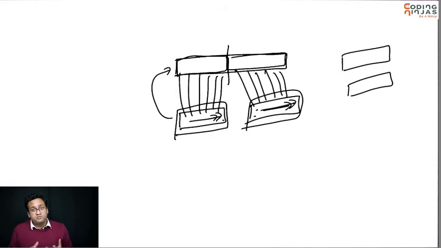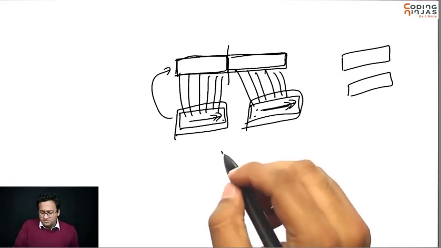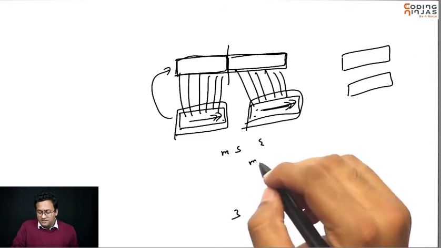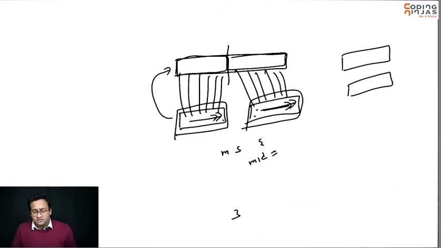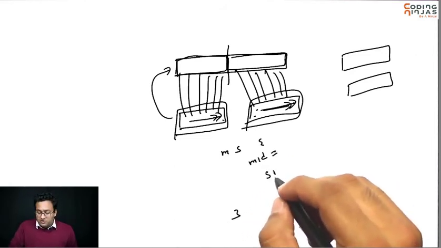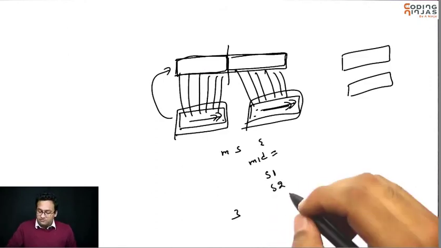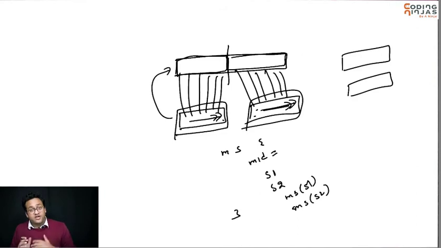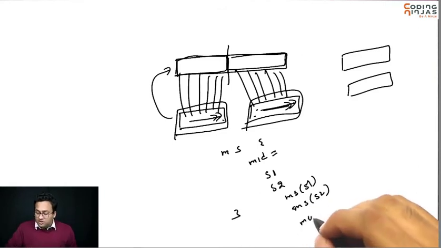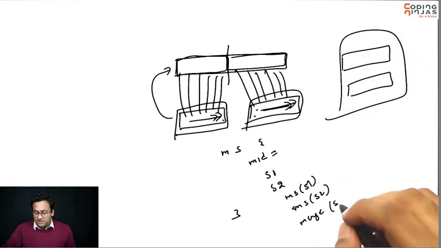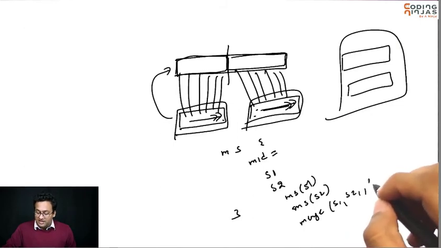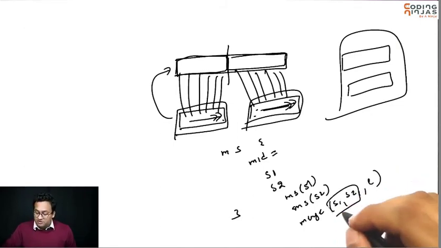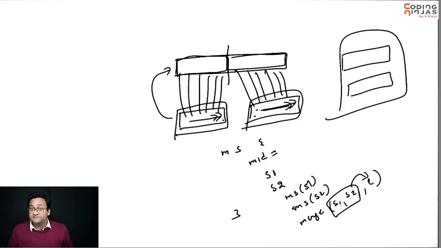Okay? So basically your code will look something like this. Merge sort, we'll find the mid, right? You need to find the mid, then you make a smaller one list, smaller two list. You call merge sort on smaller one, you call merge sort on smaller two. Now S1 and S2, both of them are sorted. Then you call this merge on S1, S2 and the original L that you had, so that both of these are merged into this original list that you had. Okay? So that way the original list is now sorted.